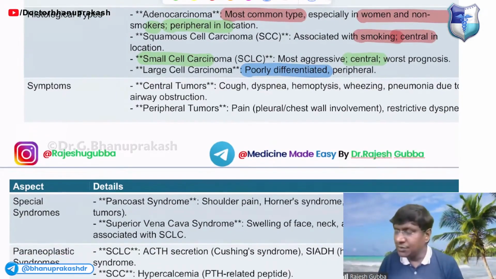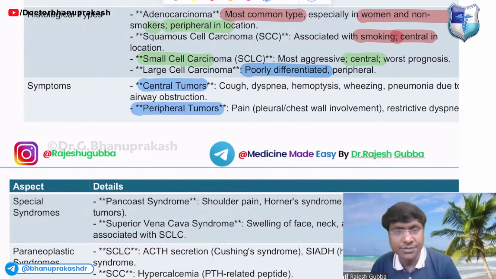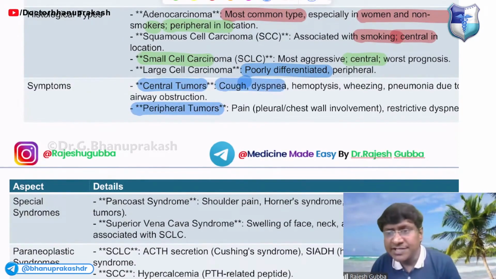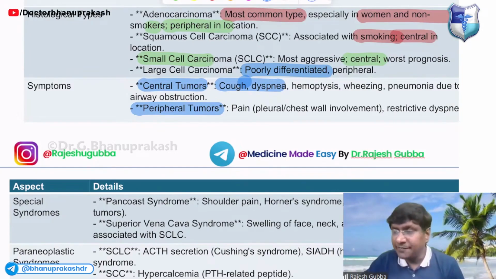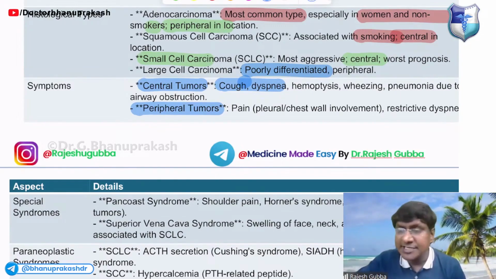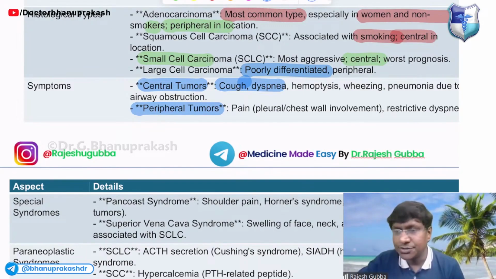Right? Then coming to the symptoms, you have central tumors as well as peripheral tumors. Okay. So central tumors, what will be the presentation? Cough, dyspnea, wheezing. And because of the obstruction, there can be development of pneumonia. Whereas peripheral tumors can spread to the pleura. When these peripheral tumors spread to the pleura, these patients will develop pleuritic pain, where there will be chest pain. So that will be the peripheral tumors, right? Then followed by that,